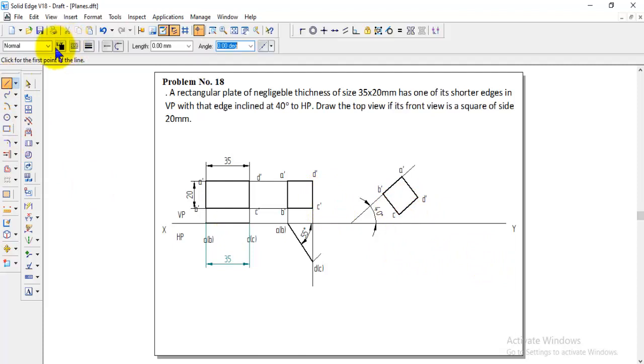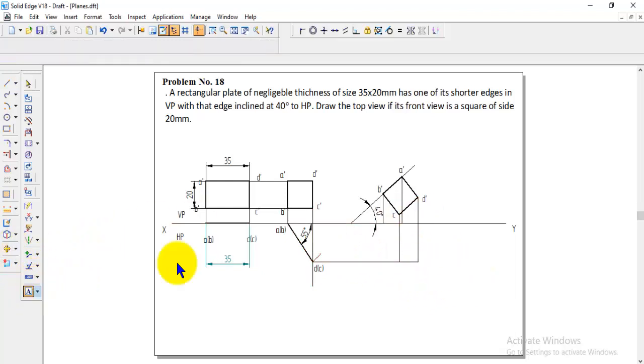And to get the final top view, draw the projection lines from all the points. A dash, A is on the XY line, you can draw up to here. Then B dash, that is also on the XY line, you can draw up to here. And then C dash, so this is C dash, you can draw here. And D dash is also the same as this, you can get it.